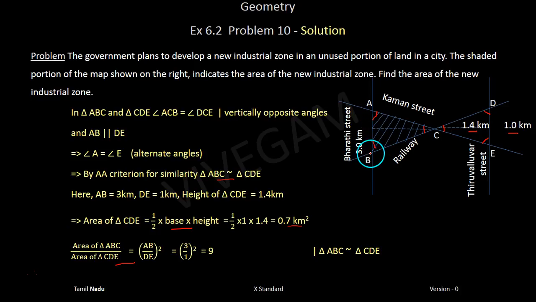So the corresponding sides are 3 km and 1 km. So which means area of the triangle ABC divided by area of the triangle CDE equals AB by DE, that is 3 divided by 1 the whole square, that is 9. So the new industrial area